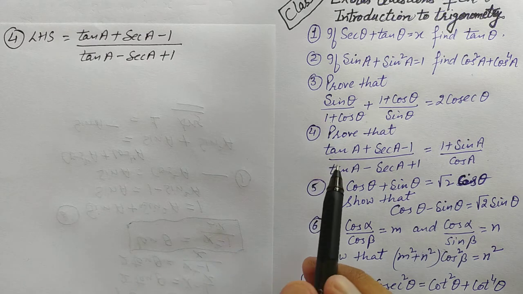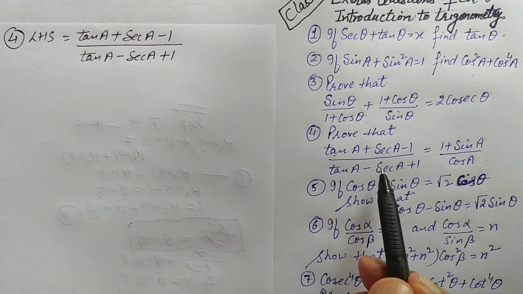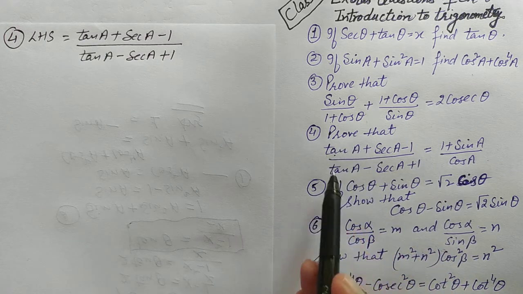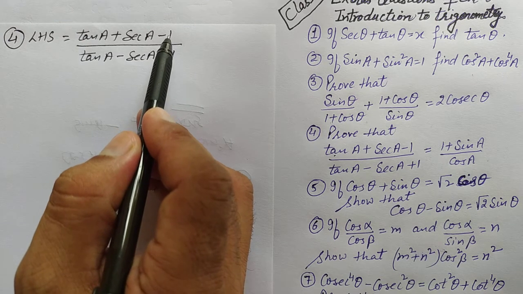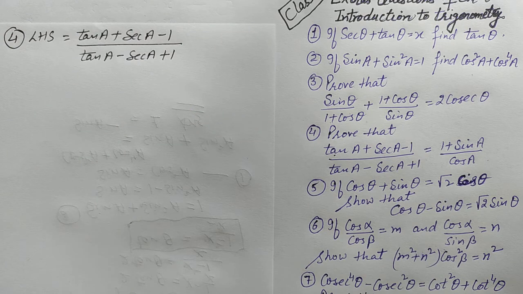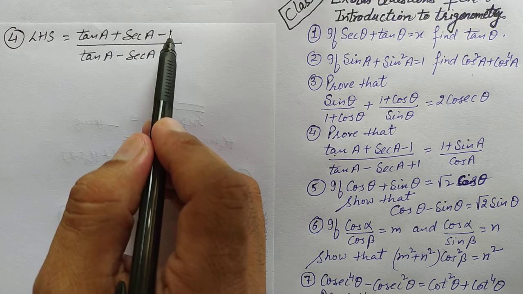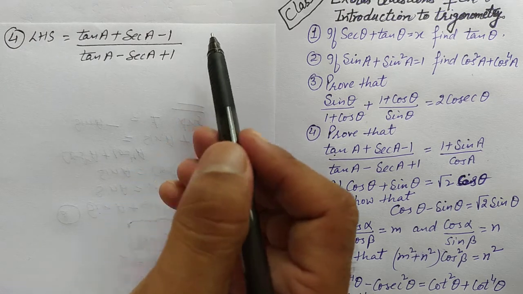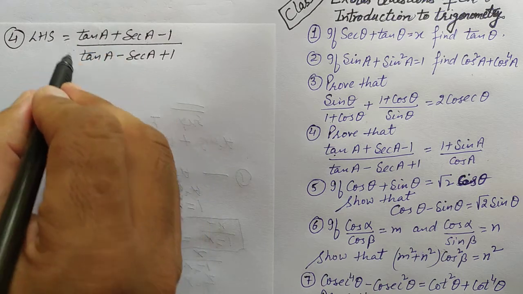Now the fourth question is, prove that tan a plus secant a minus 1 over tan a minus secant a plus 1 is equal to 1 plus sin a over cos a. So in these type of questions, what we do, we'll write in this place of 1 as, if it is tan and secant, then what is the relation between tan and secant? So 1 is equal to secant square a minus tan square a. So we'll fill that identity in place of 1. What we will fill? Secant square a minus tan square a, because we know secant square a minus tan square a is 1. Okay, so left hand side we have taken here.